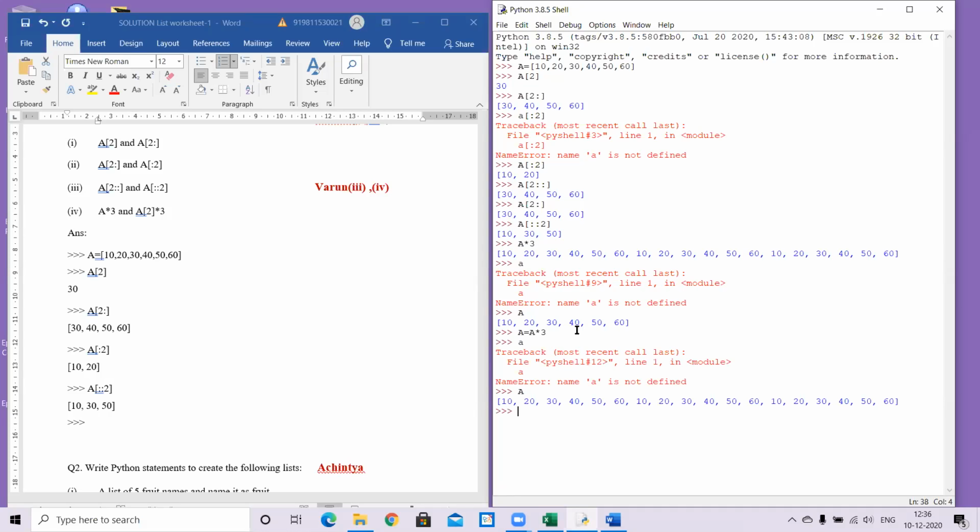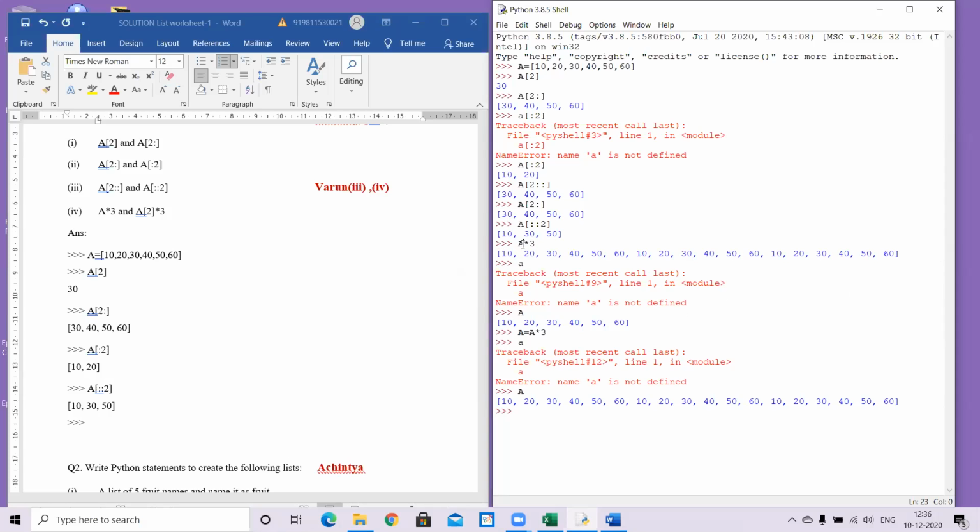That means you assign back. You do the calculation and you assign back into the list. Then the data is replicated in place. But otherwise, it just picks up the data from A and applies the multiplied by 3. So you get this thing, but the data is not stored back into A.